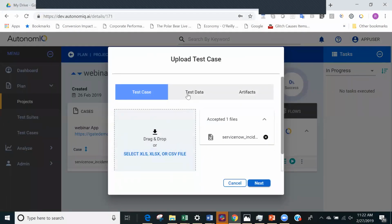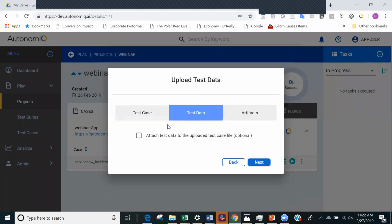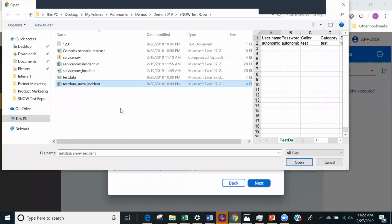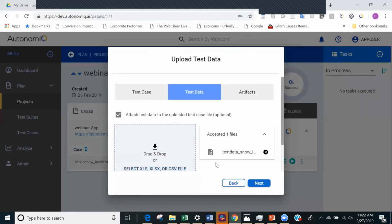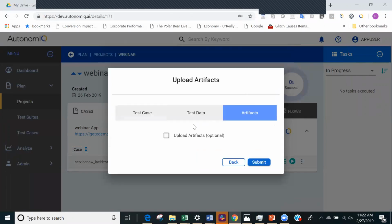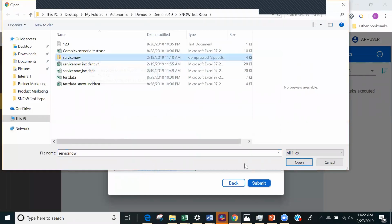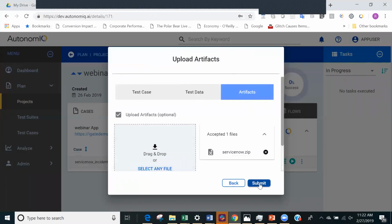So I've uploaded that. And now I'm going to go ahead and do the test data, which is for data-driven testing. It's the industry best practice. So we have created a test data file, which has associated data there. And as part of this test, I also have to upload a documentation file. In other words, as part of the test execution, it has to upload a file. So I'm going to go ahead and upload this zip file that will be used for that purpose. The moment I hit submit,